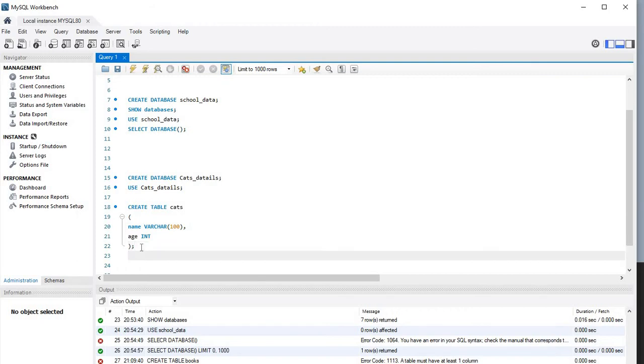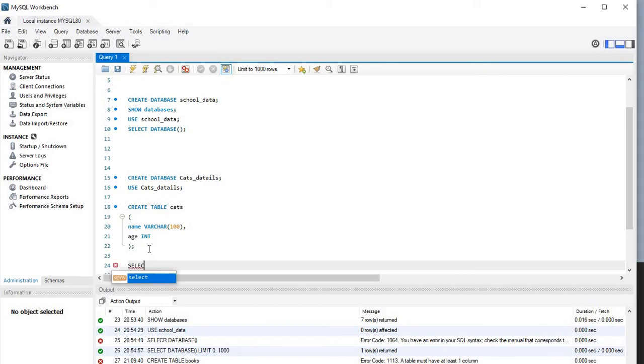Let me go ahead and use it. Now I will explain what the commands are for creating a table. We have used the syntax create table. And if you want to insert a query, you can insert it. And as of now, if you want to show, select star from cats,